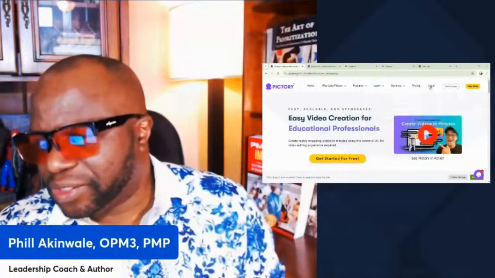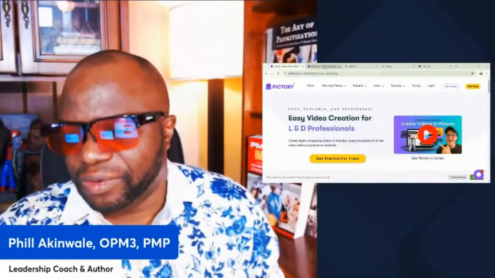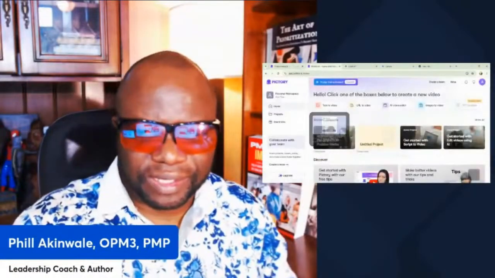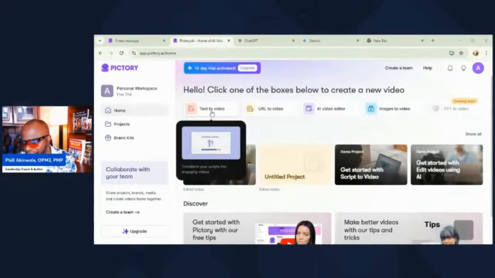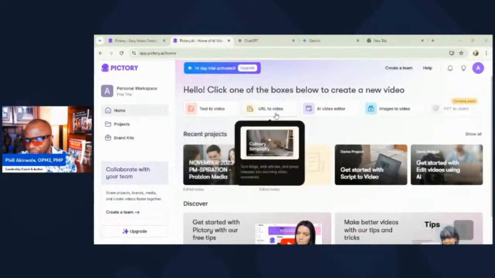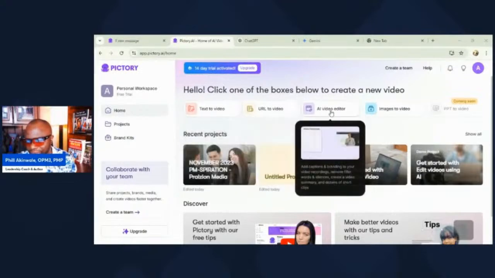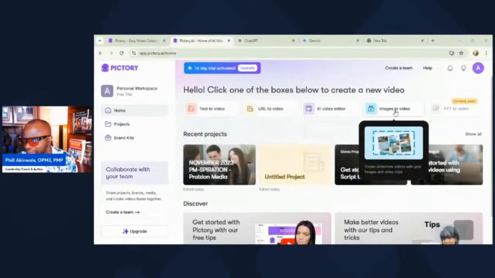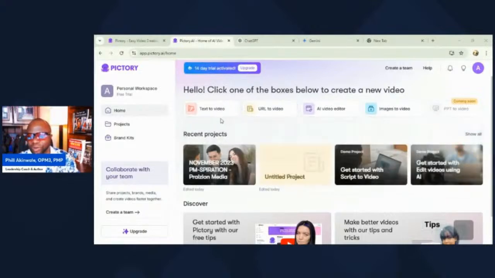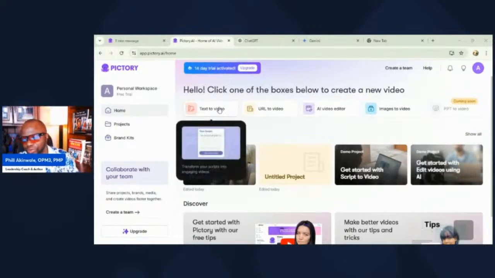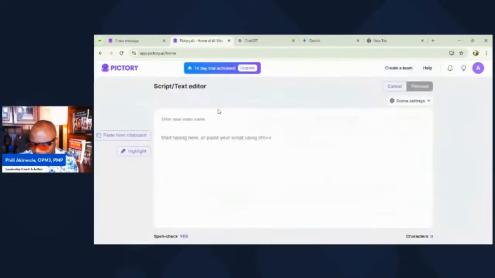So when you finally get into Pictory and you're logged in, you're going to be met with this screen that I'm showing you here. Let's make it a bit bigger. This screen right here. So when you get into this screen, you've got options. You've got text to video, URL to video, AI video editor, images to video, and PowerPoint to video. Now, we're not going to cover all of these today, but I'm going to show you a few of the easy ones, the low-hanging fruit. So let's click on text to video, and let's call the video